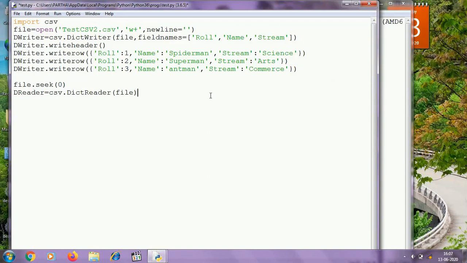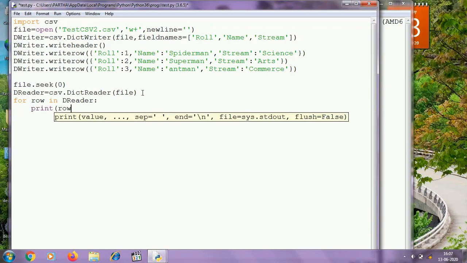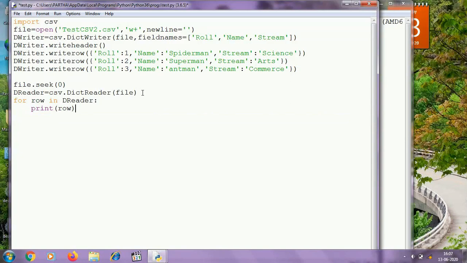The DictReader function accepts the file object using which I have opened the CSV file testcsv2.csv, and I am iterating over the DictReader object to get the records one by one from the file. And here row is nothing but a dictionary. And finally I am closing the file. Let's check.